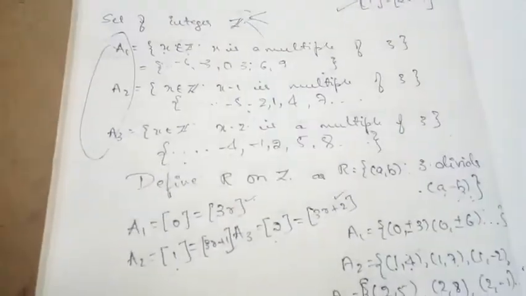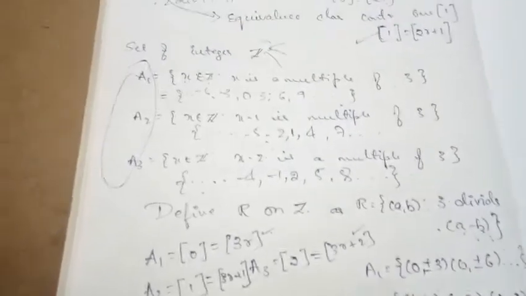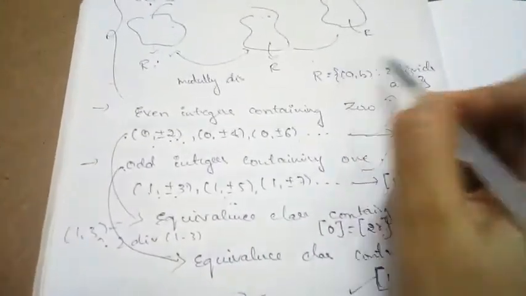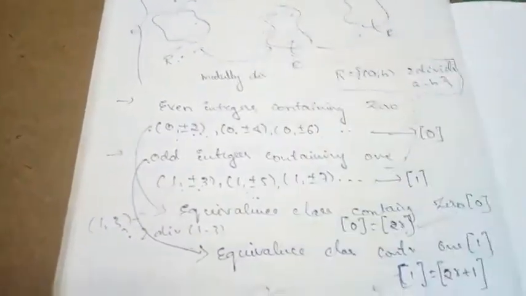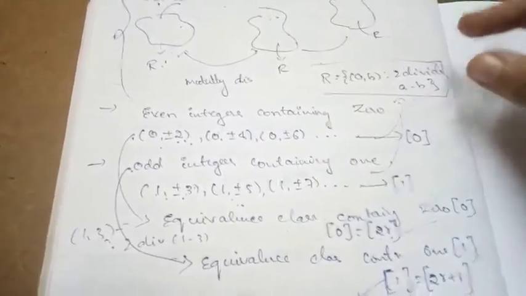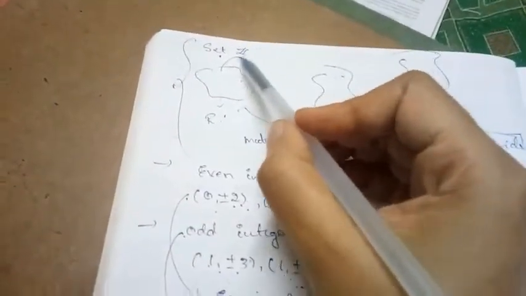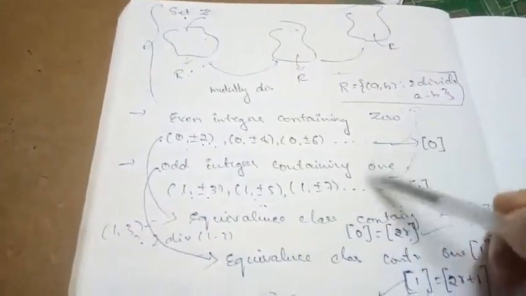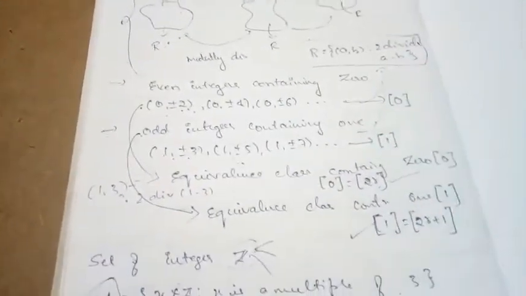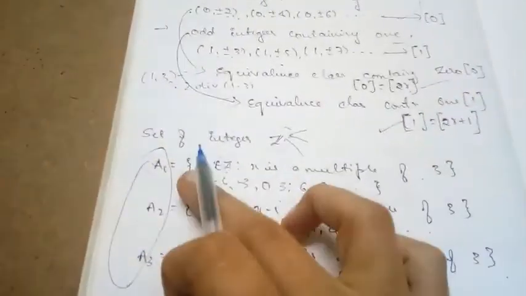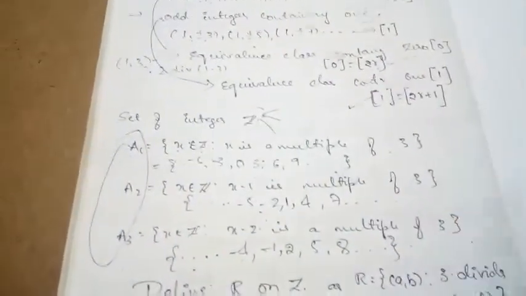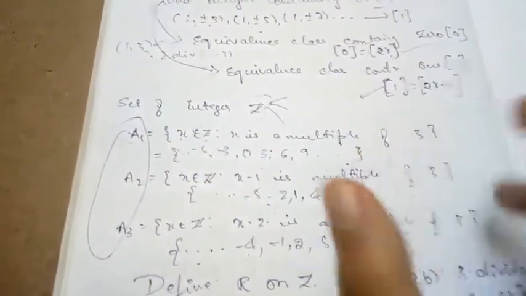So clearly the main agenda of this example is this. In our previous example, they had already given one relation, right? They had given one relation, and I split our set of integers into two parts such that those two parts satisfied the same relation. But in this one I did the reverse. What is the reverse? I took the set of integers and divided the integers into three parts, such that each part satisfies something different.